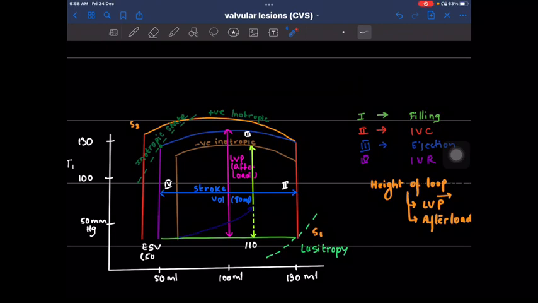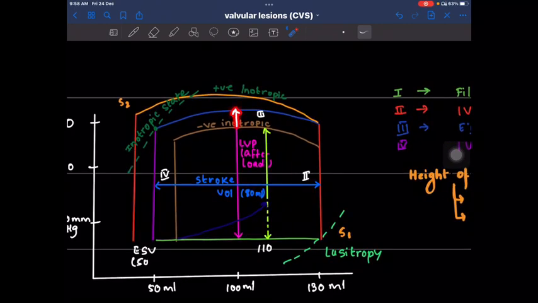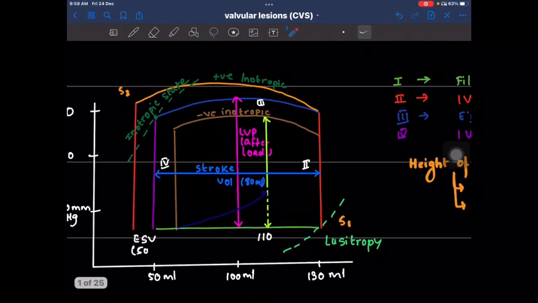Let's see what negative inotropy does. So it will do a similar thing. Okay, less force generated. So this graph shifts down. So conversely, the end systolic volume will increase, right? If you are pumping less fiercely, less amount of blood will leave in systole. So at the end of systole, more amount of blood is left behind, right? I hope you understand this logic. All right, that's one thing.